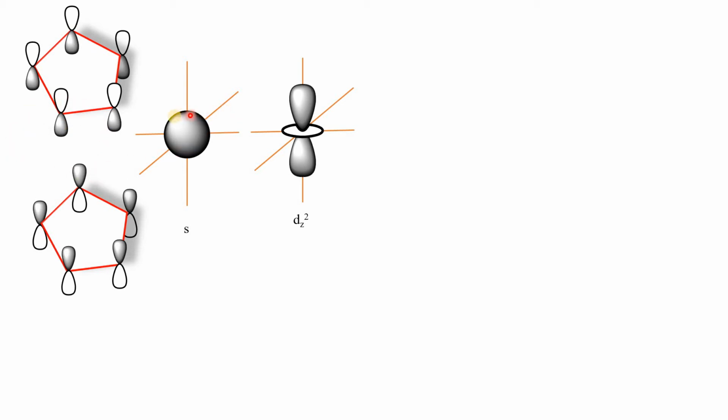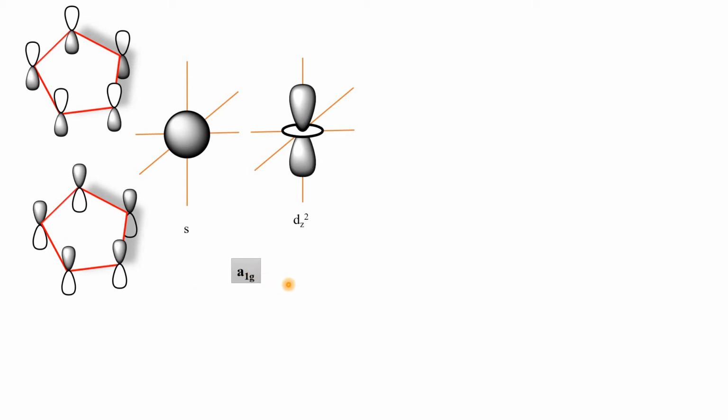So now we look for an orbital which has matching symmetry with this SALC. The S orbital, as we know, is spherically symmetrical. It has shaded area or the plus sign only. So the symmetry of the S orbital matches with this orbital. So this orbital can interact with the S orbital or with the dz square, because dz square also has a matching symmetry. There is shaded area above, shaded area below. So the sign of the wave function is matching. So the two orbitals can interact with this ligand orbital, and this combination is known as A1G.